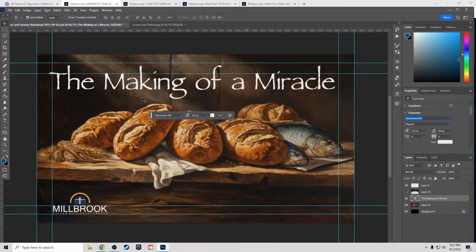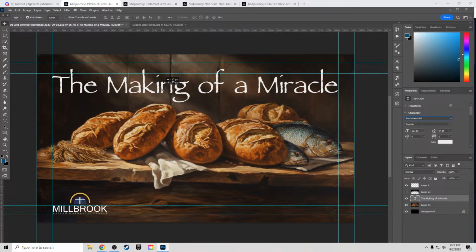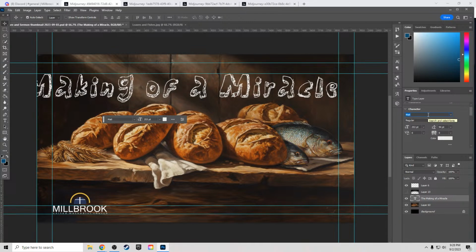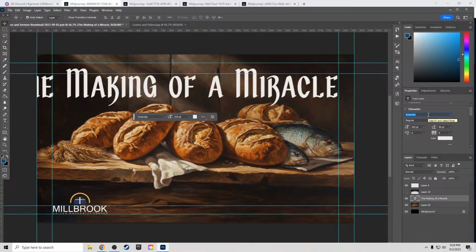And recentered it. Papyrus. That's not bad looking. Let's keep that in mind. I'm just going to keep sifting through here real quick. Parchment MF is probably going to be the one we go with, but